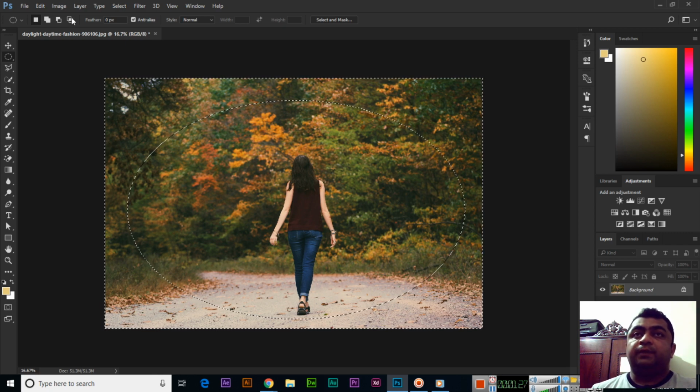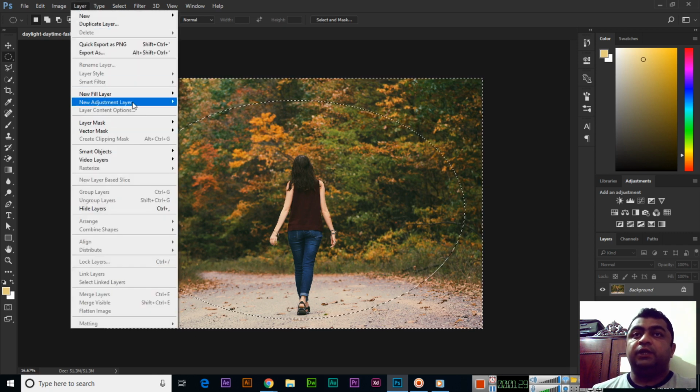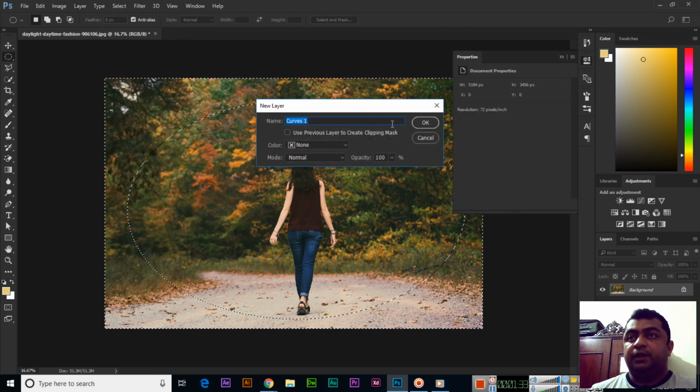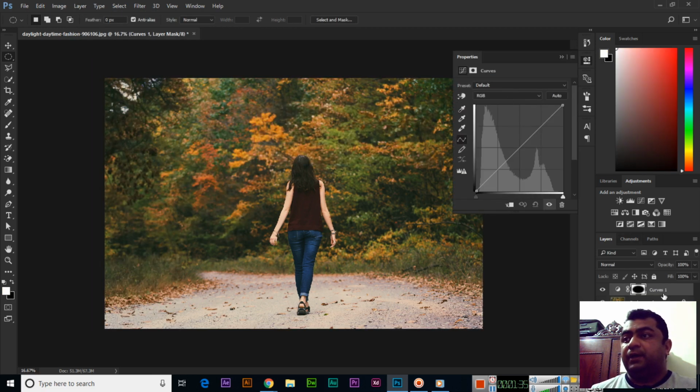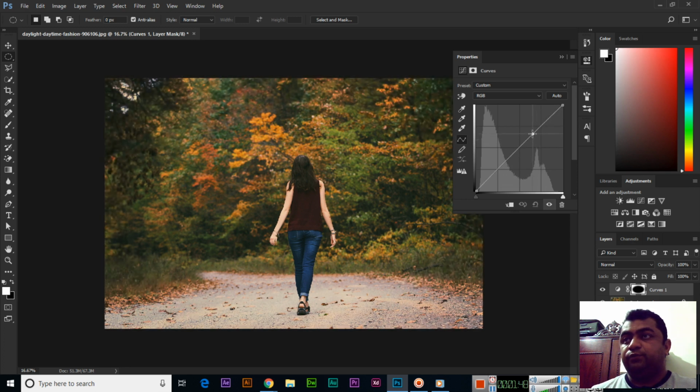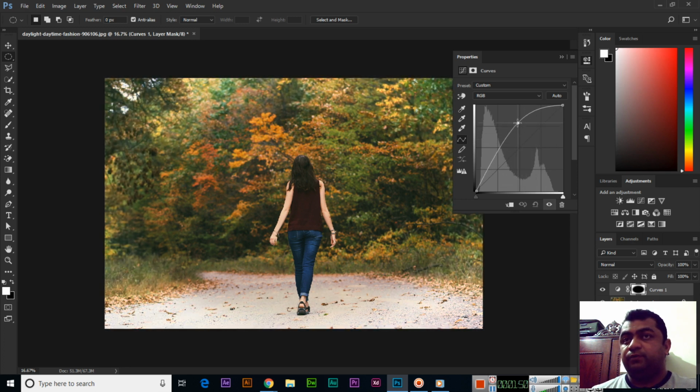Now we can go to Layer, New Adjustment Layer, and apply Curves. And Curves is applied as a layer, you can see. Now from here, if you move this one down, you can see it will be dark, see. And if you move it up, it will be lighter, see,